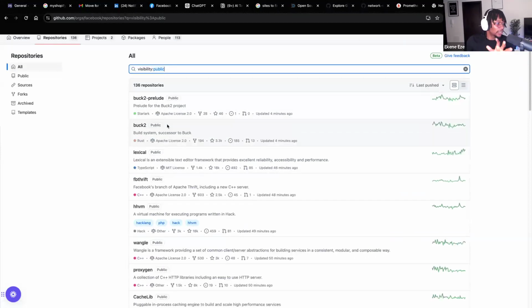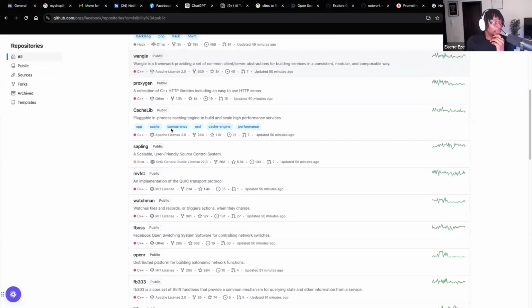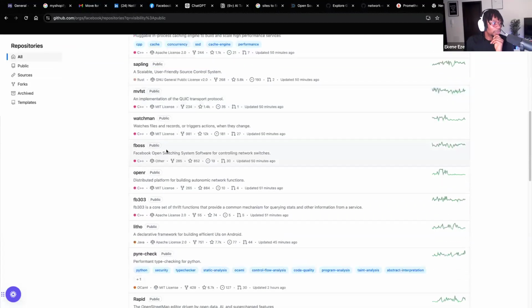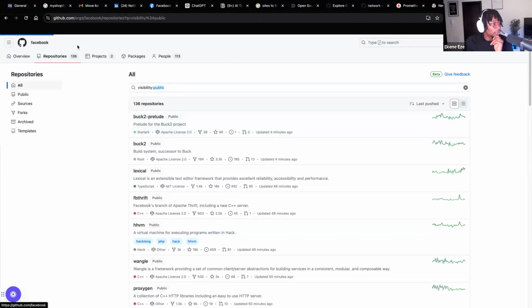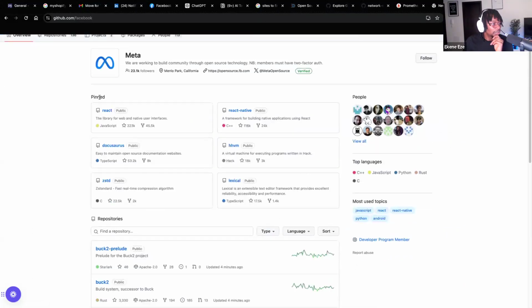And then you can scroll through them, find the ones that you care about or the ones that you want to contribute to, and then you can do that. Normally, if you just look at their pinned repositories, you can see the open source ones. There's React Native, there's React, there's Docusaurus, a couple of other ones, Lexical. You can do the same thing for Google.